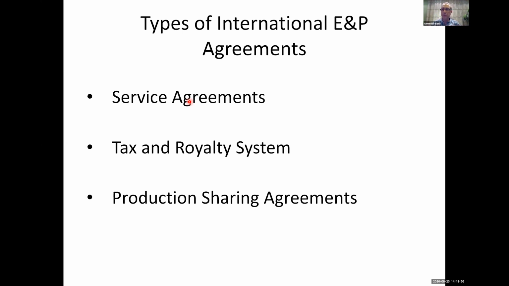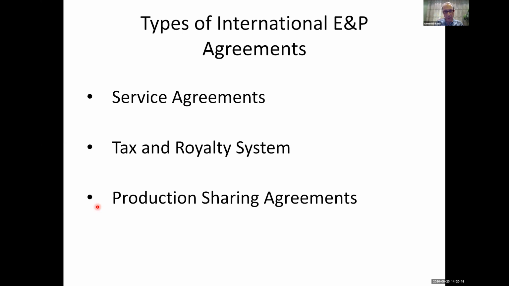They need companies to come and inject cash, inject money, and inject technology or use technology to produce the oil and the gas. So the type of agreement was service agreement in this case. In Egypt, there are few service agreements as well. The majority of agreements in Egypt,